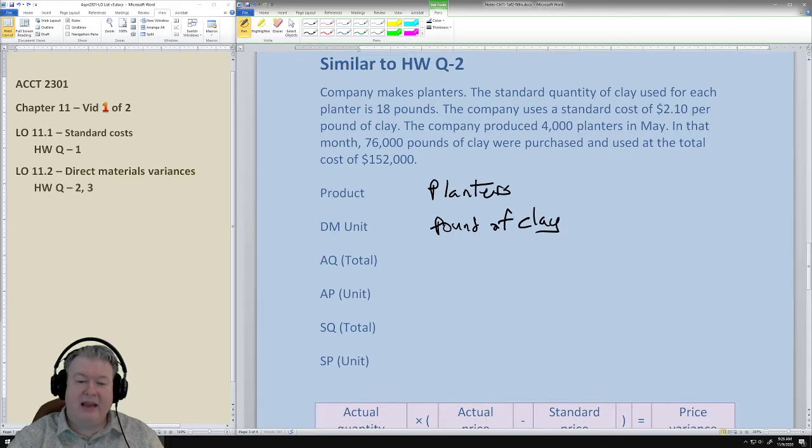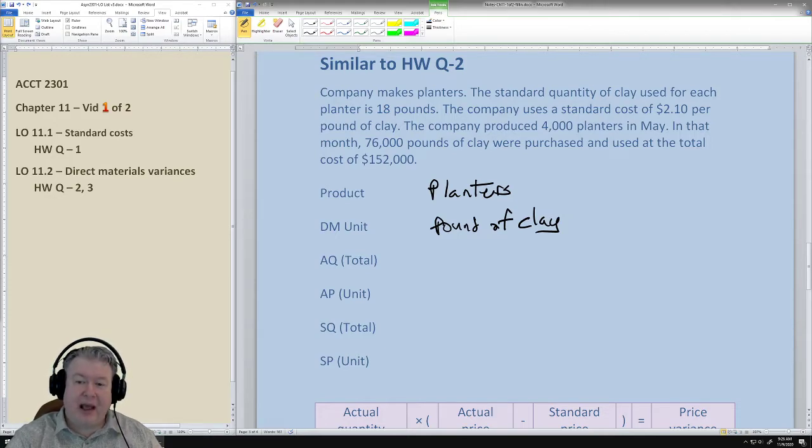And understanding this direct material unit, so when we come down and we're trying to figure out what's the standard price and what's the actual price, we're going to realize it's not the actual price or the standard price of the planter. It's the standard price and the actual price of a pound of clay. So that's part of the reason for pointing out to yourself, making sure you identify the difference between these two, because they may give you, like here,